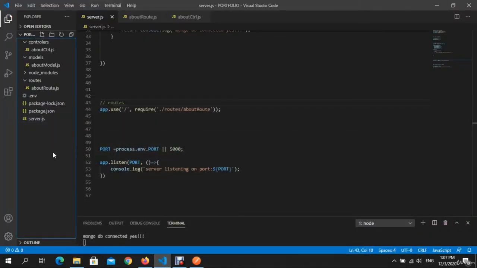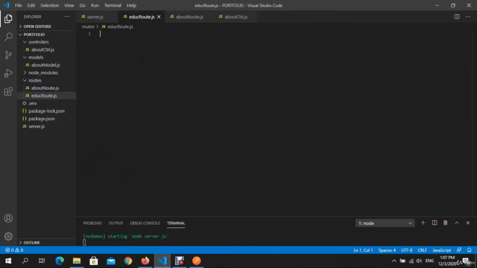and create here inside the root. I'm gonna create, push it here, an education root. Let's write educ root, which is education root.js, right? And now we are going to